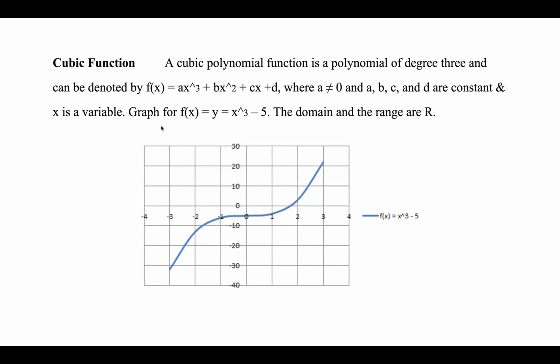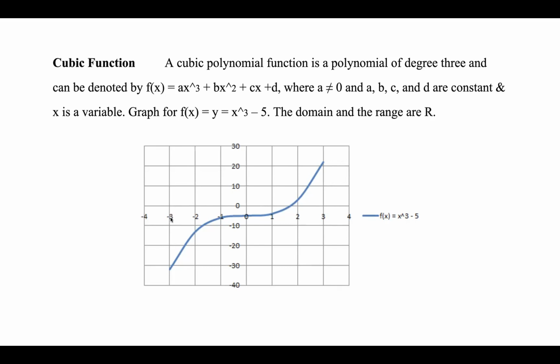Graph for f of x equal to x cube minus 5. The domain and range are real numbers, as we have already discussed. It means the values of x are real numbers, and then the values of f of x are also real numbers. Example taken, the cubic equation is x cube minus 5. We can consider here,